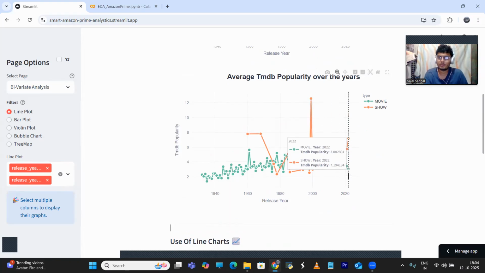This is pretty much more or less the same. We can see the popularity of shows has increased at some points, maybe due to the rise of OTT shows and all. And movies have been constant because there have been a lot of movies over the years, while in old times, movies were really few. Similarly,